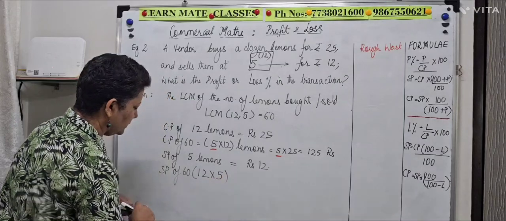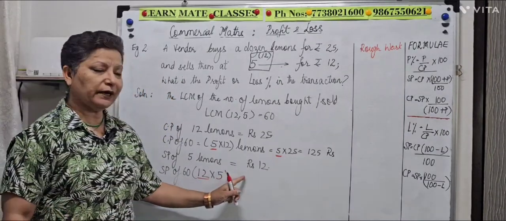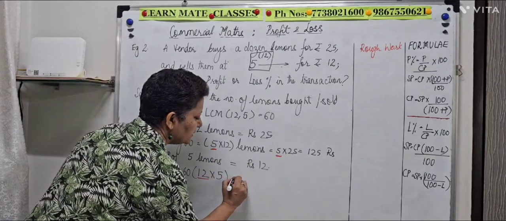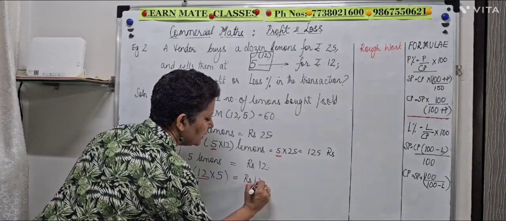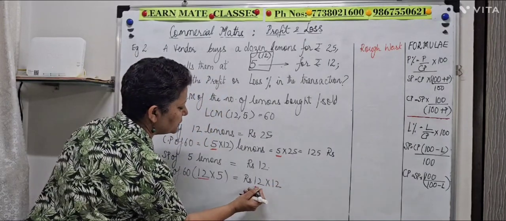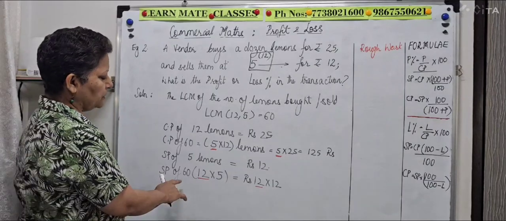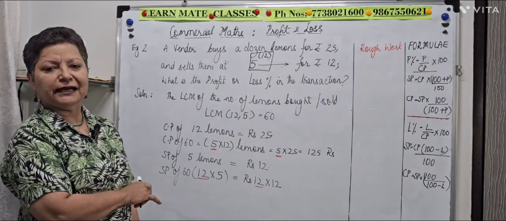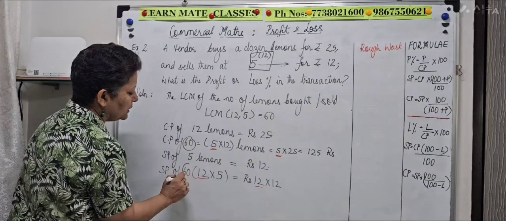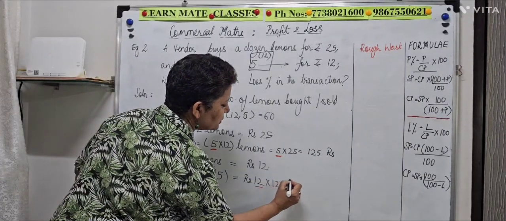I have multiplied it with 12 this time on the left. So I will also have to multiply with 12 on the right. So I multiply it as 12 into 12, and this is my 12 which I multiplied on either side. And how did I get that 12? Because I needed to get 60 as my common number bought and sold. So that gives you 12 into 12, which is rupees